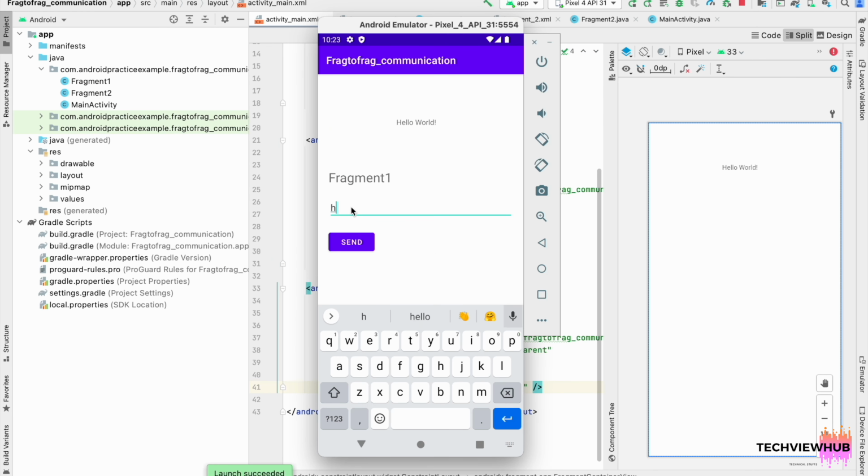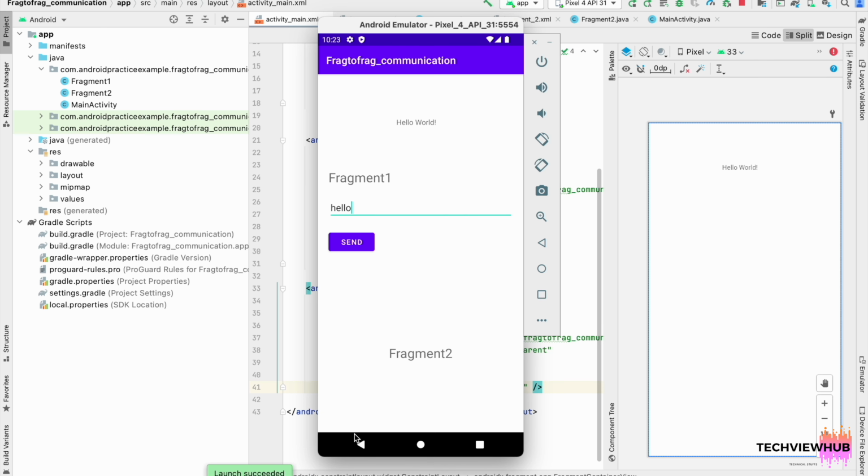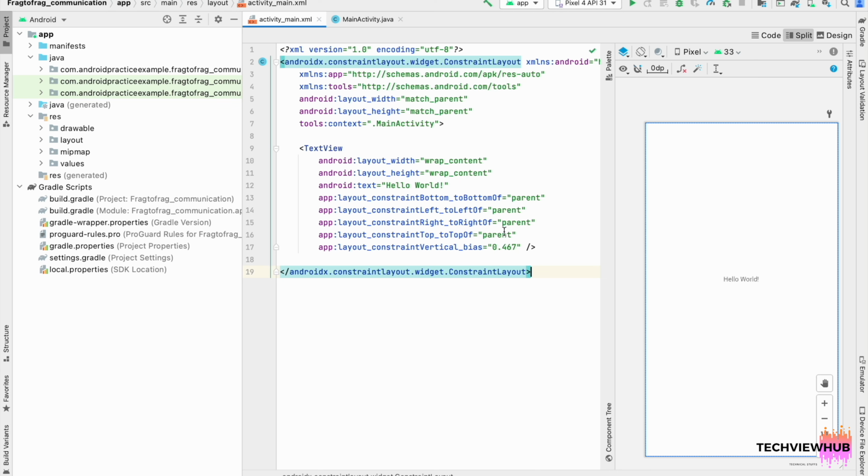In this video tutorial, we are going to see how we can communicate between fragments using Fragment Result API. So first we are moving to activity main.xml. Here we are moving the text view above